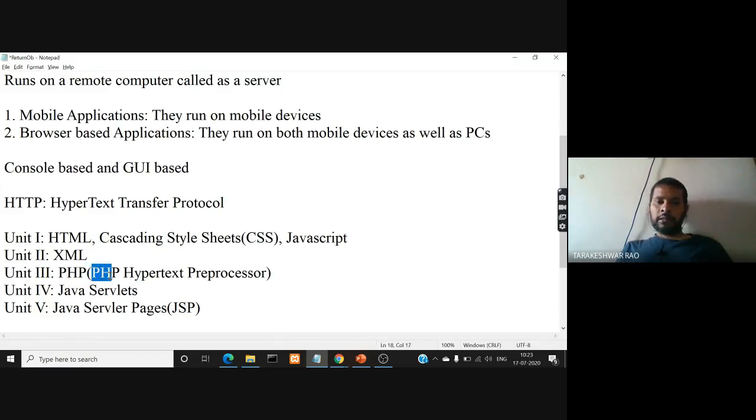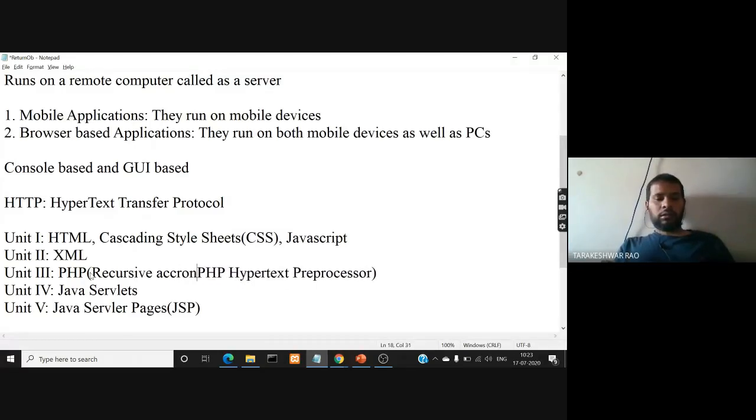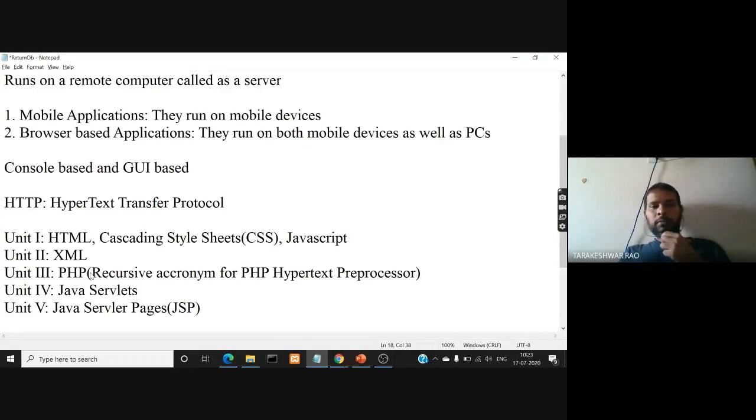So if you ask again what is this PHP, again you can say P is again PHP and HP is Hypertext Preprocessor. So this is called a recursive acronym. Okay, I'll mention that clearly here. This is recursive acronym for PHP Hypertext Preprocessor.